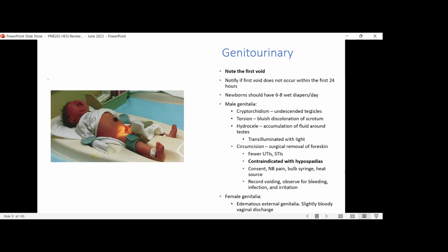cryptorchidism, which is undescended testicles. I haven't seen these on HESI. I have seen circumcision on HESI. And I have seen hypospadias. Okay. So when you're going to do a circumcision, you want to look at the penis first to make